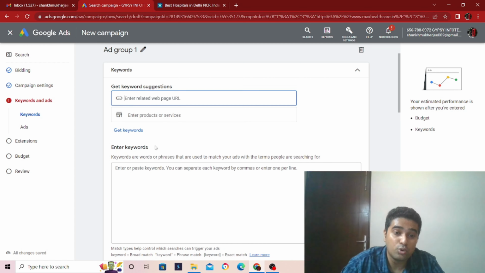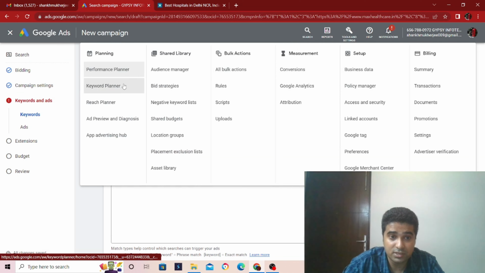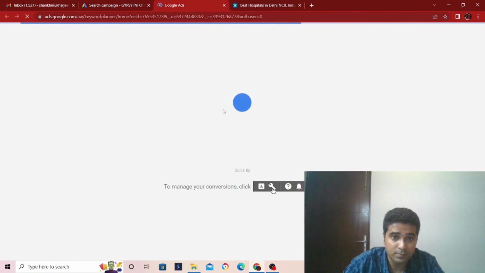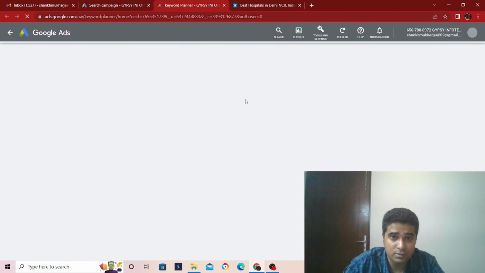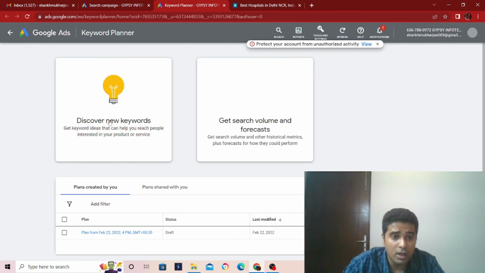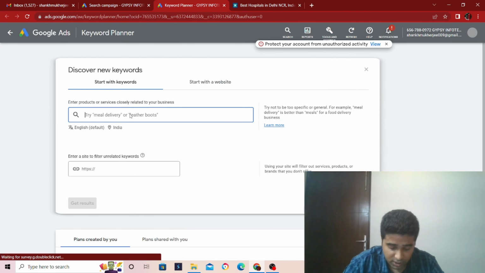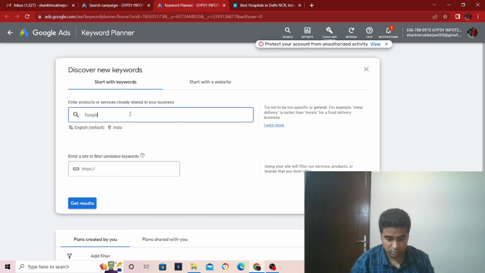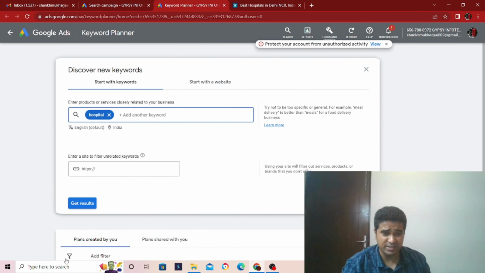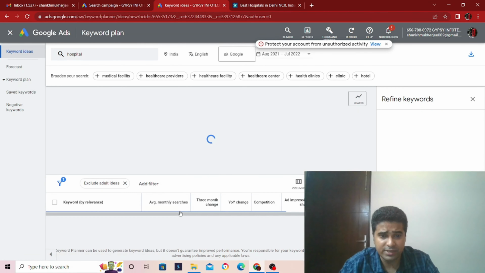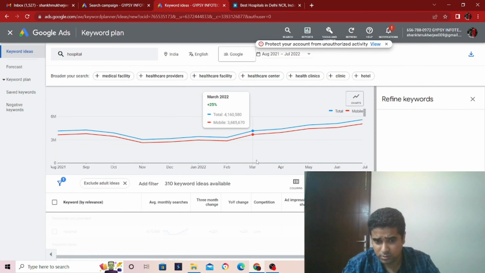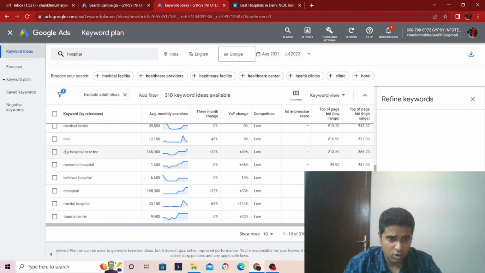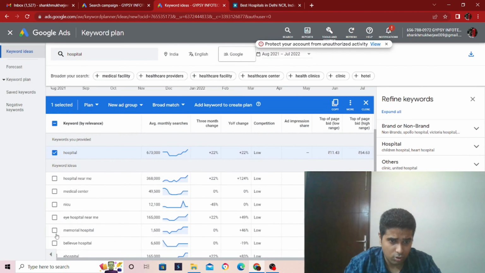Sorry. So you can get the keywords here. Just select keyword planner and open it in a new tab. Once you do that, it's taking a bit of time, but anyhow, so discover new keywords. Let's say hospital. Okay, let's just get the results, because getting the keywords is the keyword planner's job. Let's not overcomplicate things. Hospital near me, or